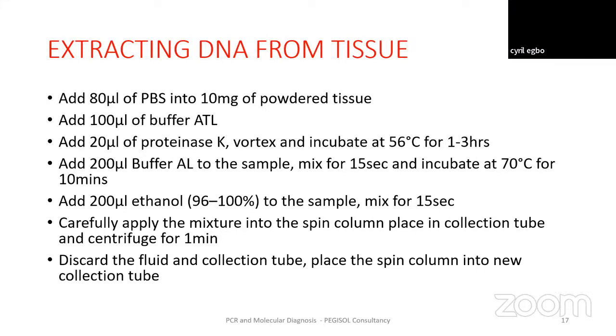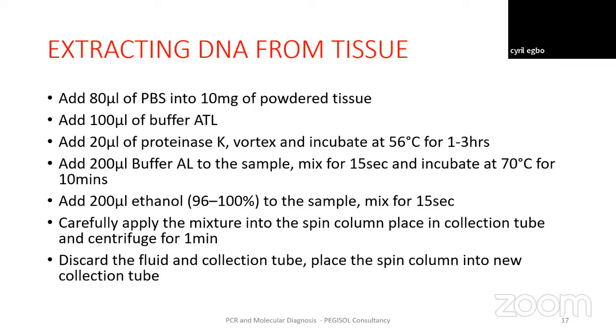So that is why it is called proteinase K. Then you vortex and incubate at 56 degrees centigrade for 1 to 3 hours. In between this time is enough for you to achieve this disintegration stage, or lysis stage, to actually release the DNA into the whole content, which is both buffer ATL and